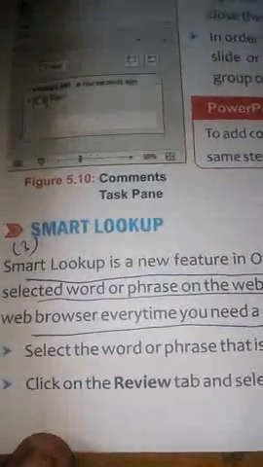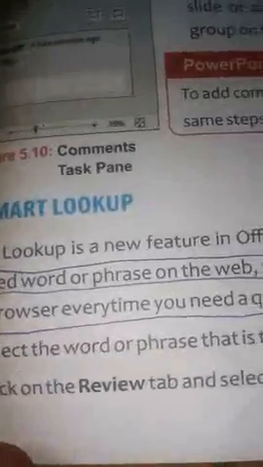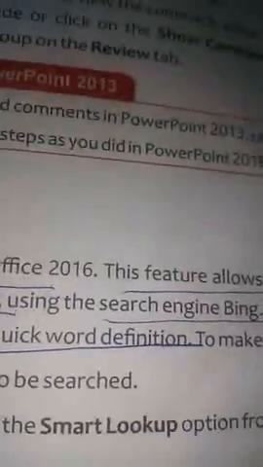And question number 3, explain the utility of Smart Lookup. Smart Lookup is a new feature in Office 2016.